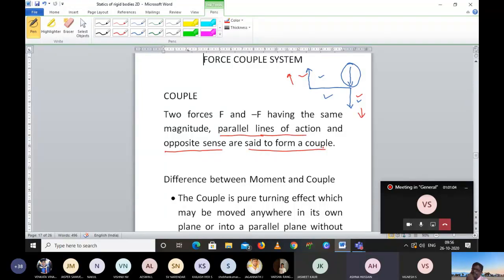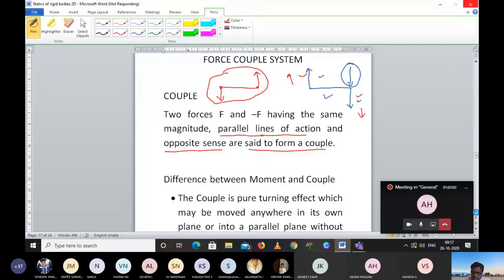One doubt: can it be right and left, sir? Right and left means F towards right, like this? Is it right? Which diagram, sir? This one? Are you asking like this? Yes, sir. Is it possible? That is up and down. No, sir, I'm talking about the right side and left side. You mean there is a positive x direction and negative x direction, am I right? Yes, sir. Yes, it is possible. Please take a note of it. Anyway, I will explain.